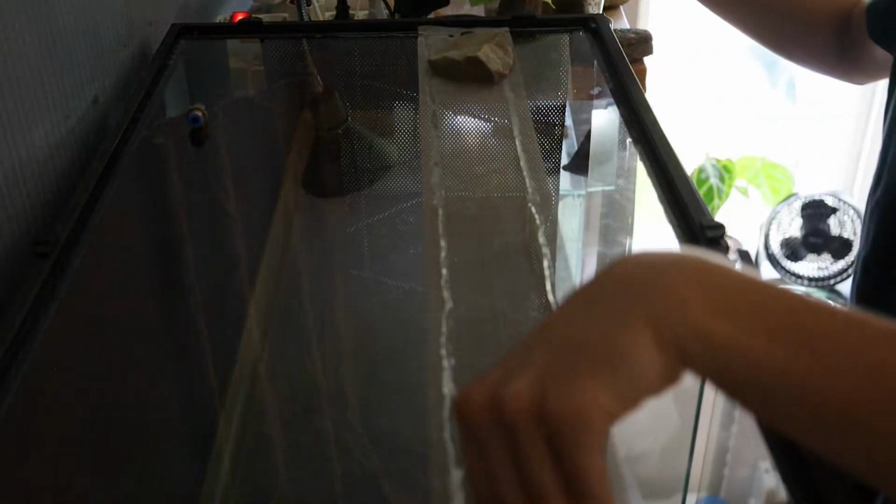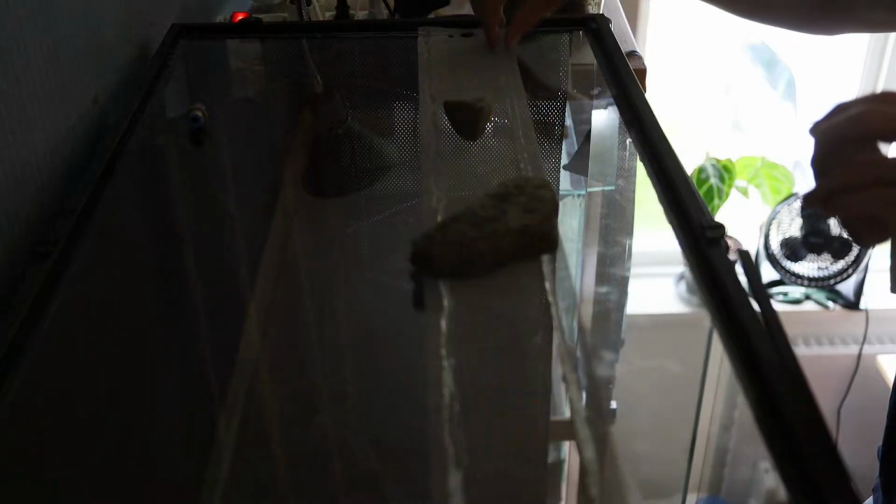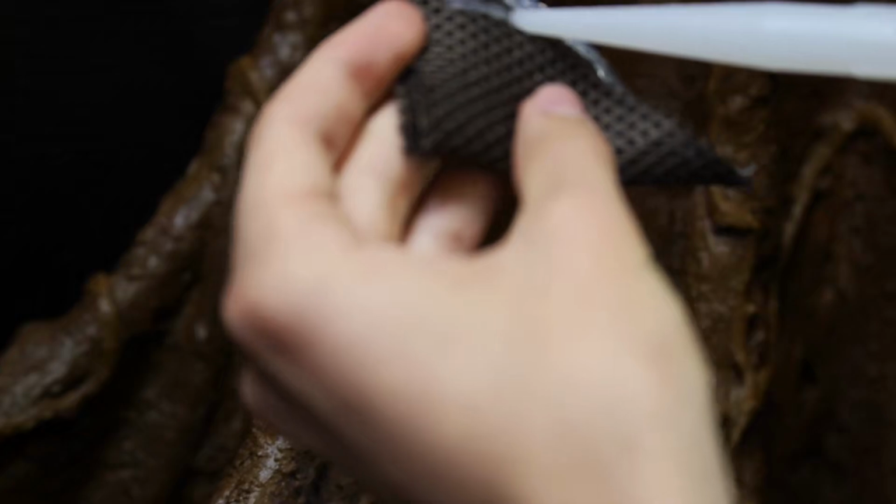The mesh wouldn't stay flat on its own at first, since I had kept it rolled up, but if you put some small rocks on top of it for the first few minutes while the silicone gets to work, it'll fix itself. Once I had the silicone tube right there, I tried making some small planters out of hygrolon